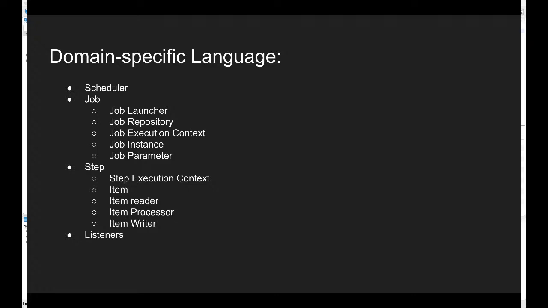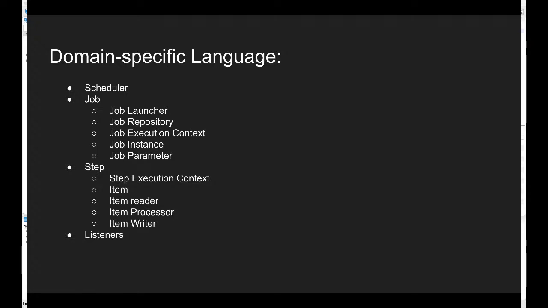Next term is job execution context. Job execution context is basically for the overall batch process. Let's say we want to save some information, like how many records were not eligible, or some metadata information. Let's say we want to save anything in the context. What we can do is save it in the job execution context, and then later on we can use it through the whole life cycle of the job. So that is what job execution context is.